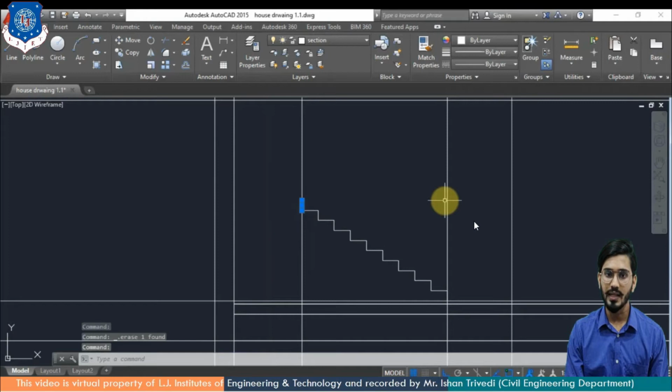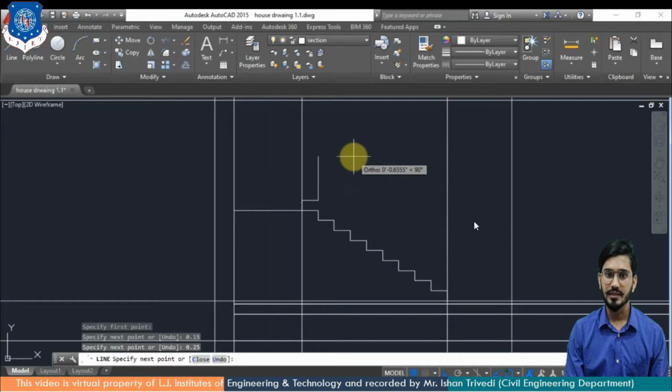Here I am going to apply a line command and I will further expand it. So this is how you can approach the landing area. Now again I will provide 0.15 meter riser, then 0.25 meter tread.